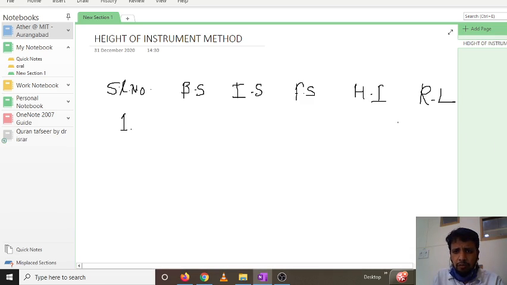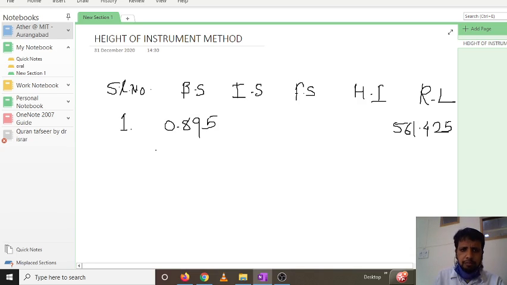The benchmark, if you see the video, in this case we have taken 561.425 meter. Okay, this is the benchmark. On the benchmark we have taken the backsight reading as 0.895 meter. This is the backsight reading taken on the benchmark. So that's why